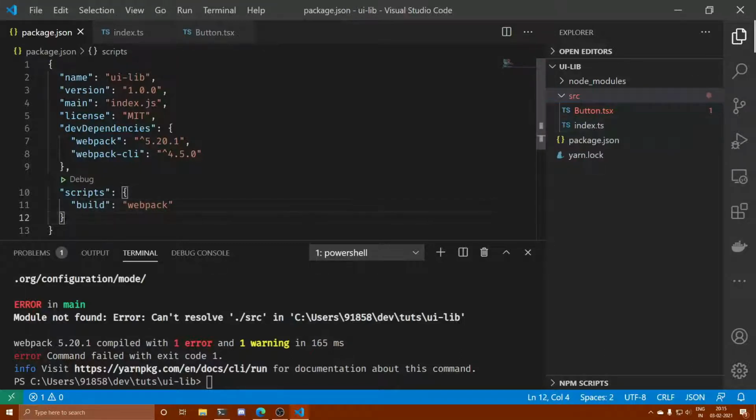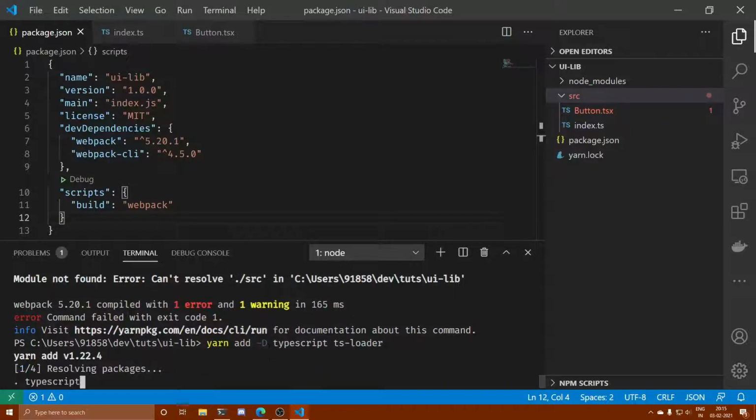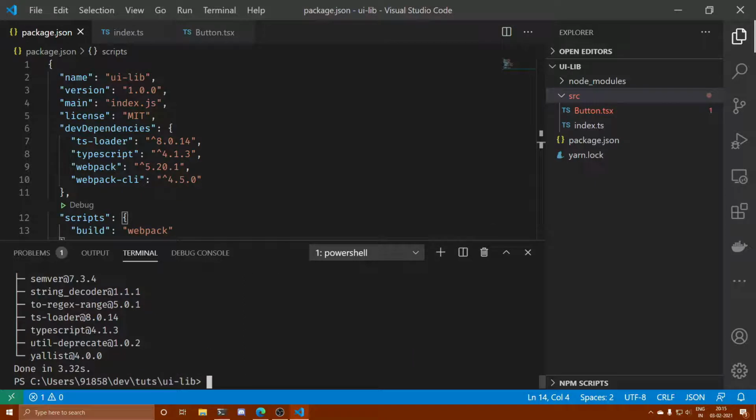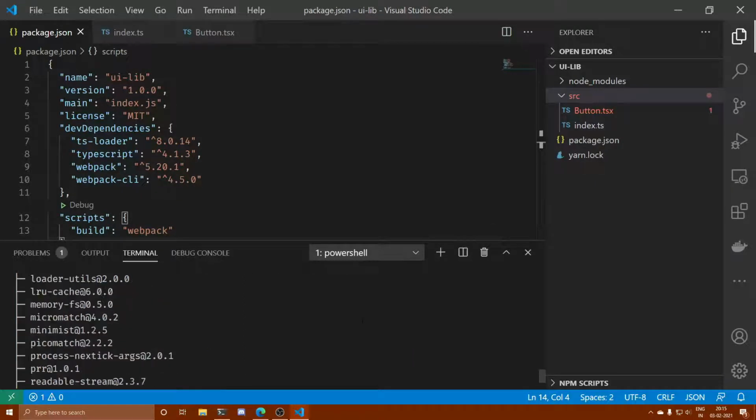Let's first of all install TypeScript. Again, it is going to be a developer dependency, and a loader, ts-loader. Then we can make Webpack understand TypeScript using the ts-loader.